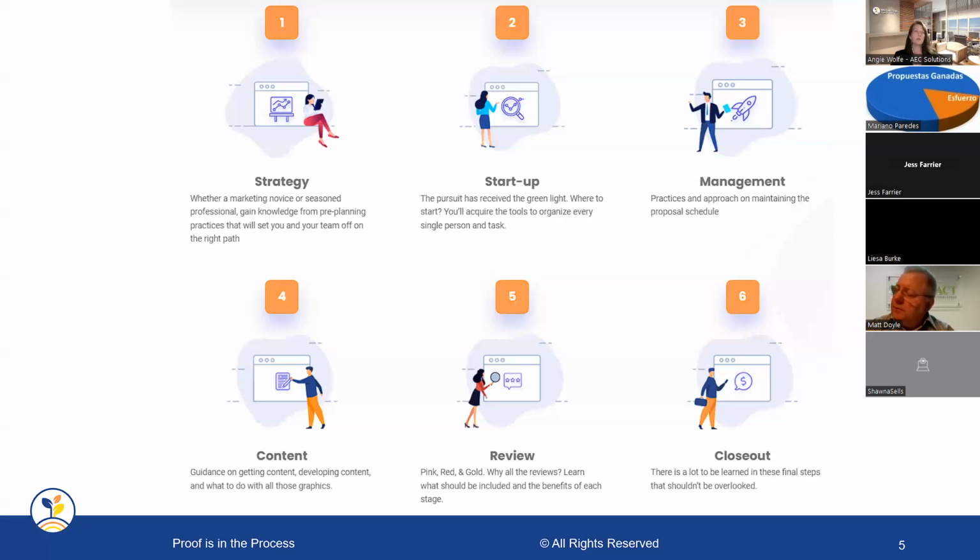I know most of our engineering and everyone that we work with tends to have it outside of the proposal team. But for example, this past I had a proposal where we had 2 weeks to do it, 2.5, 3 weeks. And we ended up just doing a pink team, a red team, and then a final flip. So, being flexible with what reviews you do, but I try to be. With HNTB, we pull in a blue